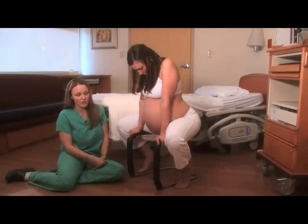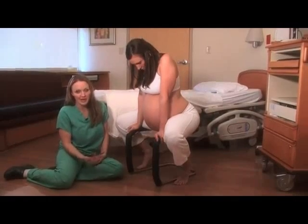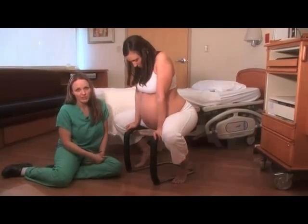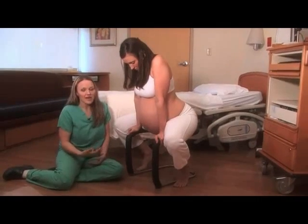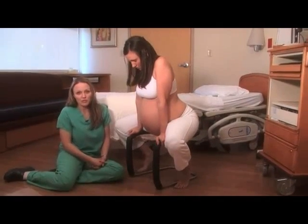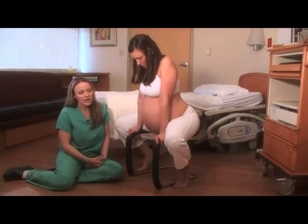The birth stool is something that can be utilized in the second stage of labor. Women are actually able to push and give birth in this position. If you're having a birth on the birth stool, your provider will typically be on the floor, like I am, and will support your perineum and assist your baby into the world. One thing that has been found for some women, particularly women having their first baby, you can have larger lacerations